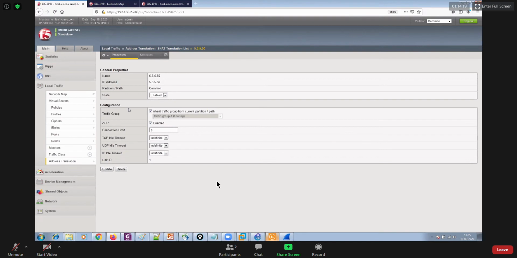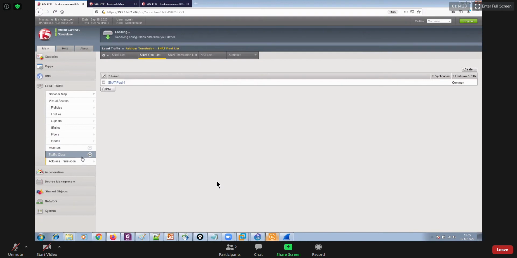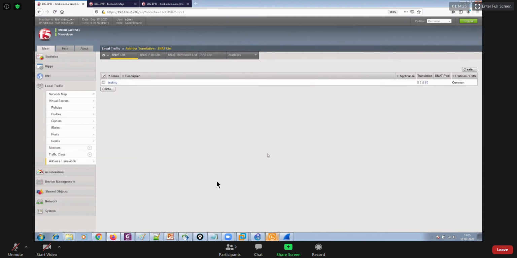Okay. So that's how you created the SNAT list. This time I'm not enabling SNAT over the virtual server. I have configured this SNAT globally by utilizing a SNAT list. So that is also another option available. Rather than enabling a SNAT pool over the virtual server, you configured this SNAT list globally onto your BIG-IP.